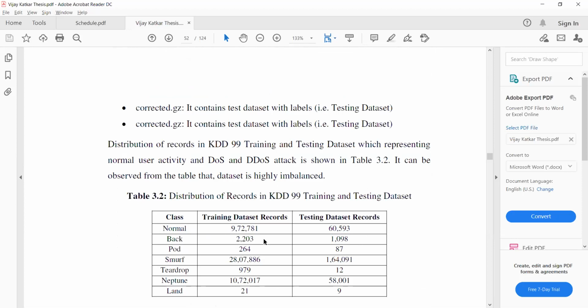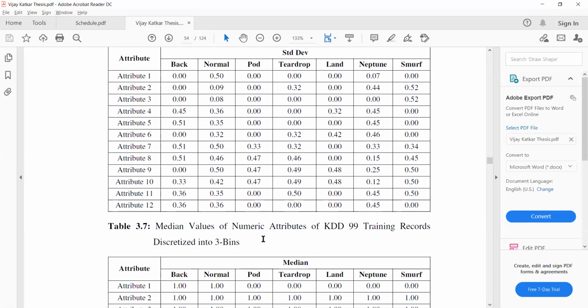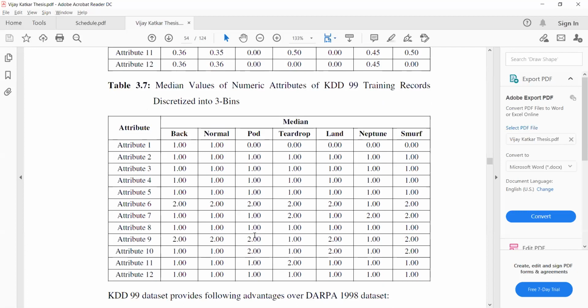It means the training data is highly biased towards the normal class, and at the same time, the attribute values for the back class and normal class are almost similar. If I compare standard deviation, average, and median, the accuracy of the back class is going to be less only.